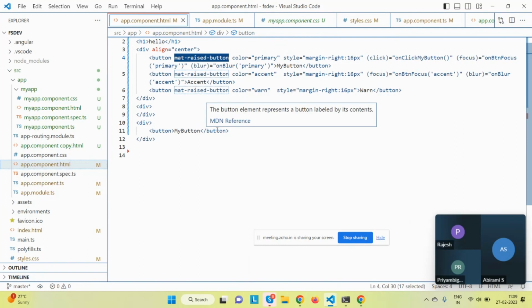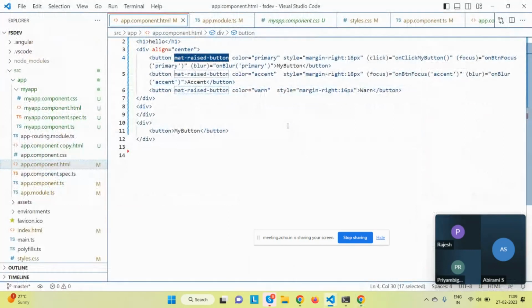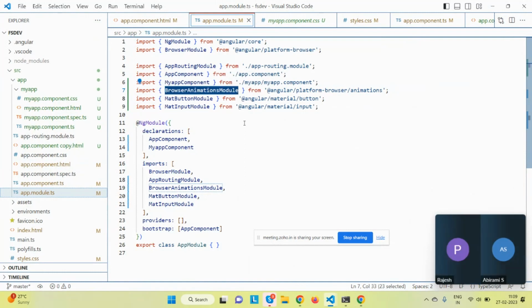Okay, so if the impact has to come, you need to ensure that you have that module integrated. Okay, straightforward. But the first day you may notice that we missed on this, we have not added it properly. Okay, perfect. So what in our real project, what we do is,